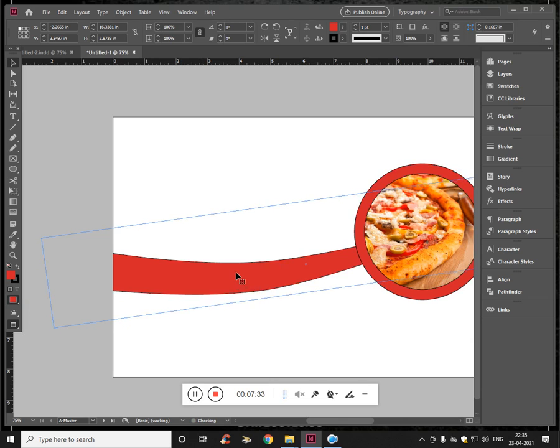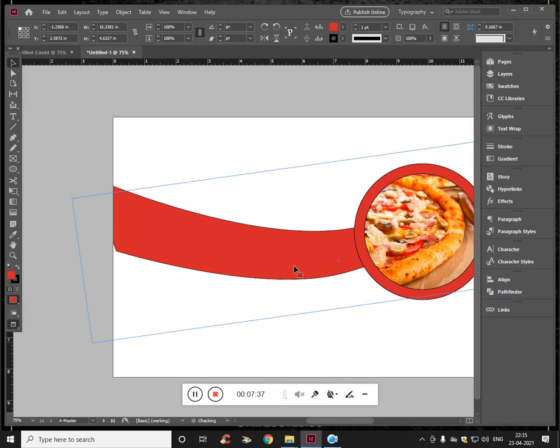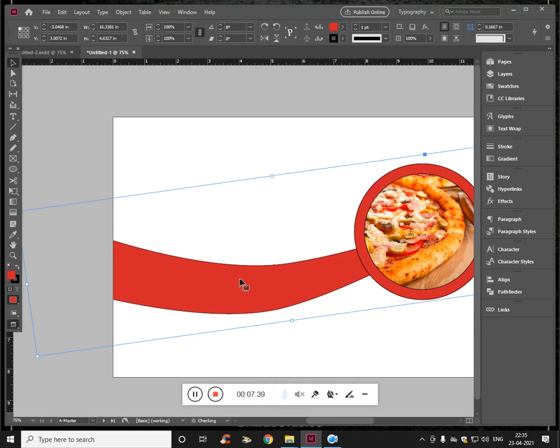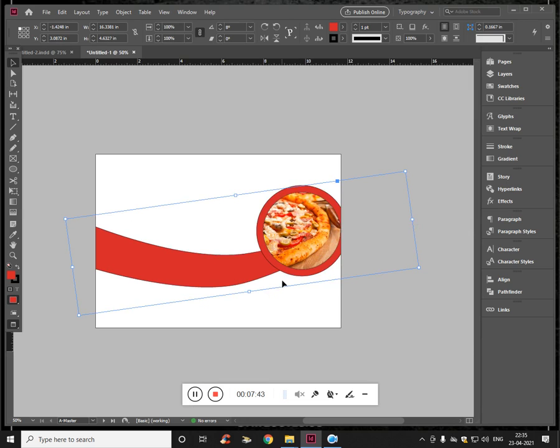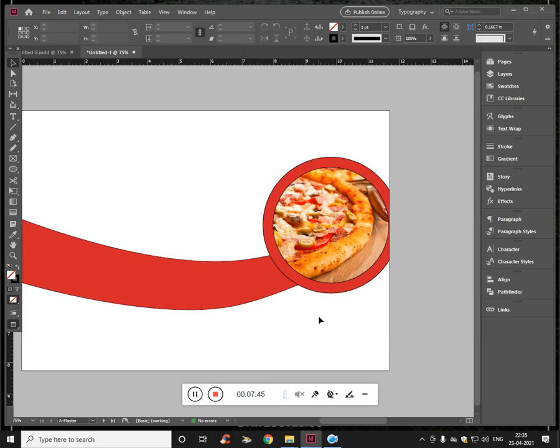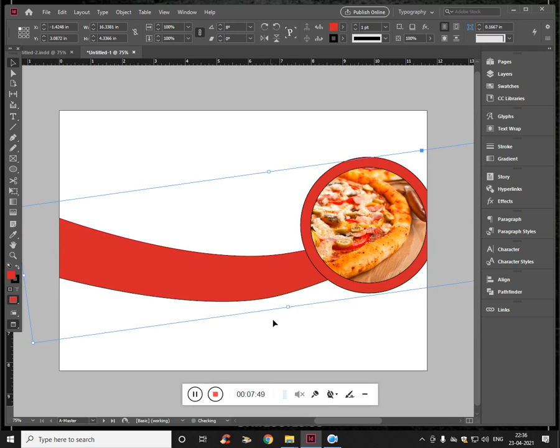Now to ungroup it, press W and select this. And use it. Done. Select this one. Now this seems to be too big.